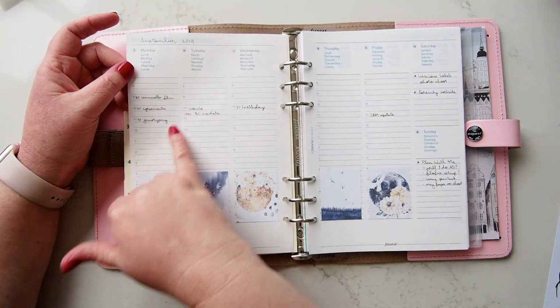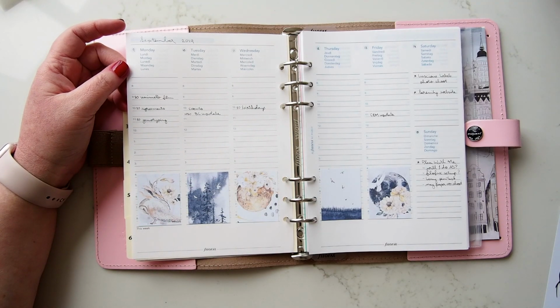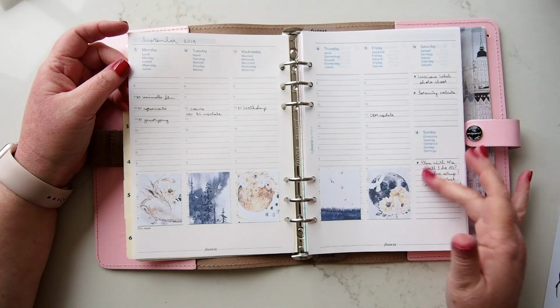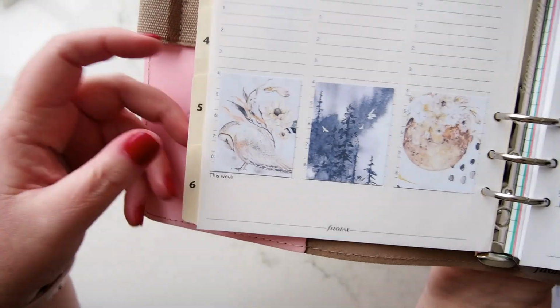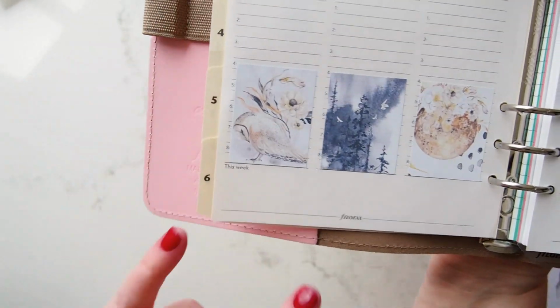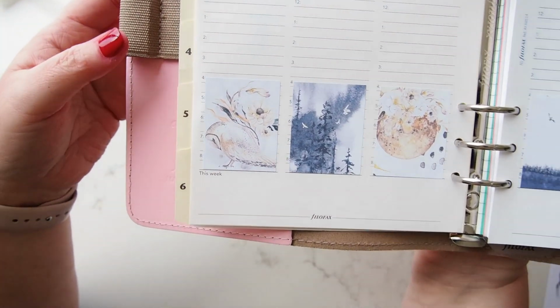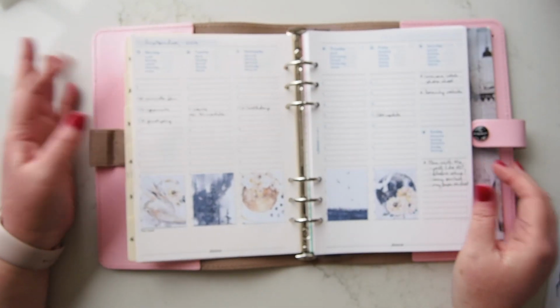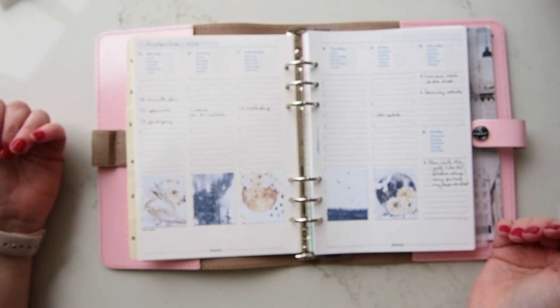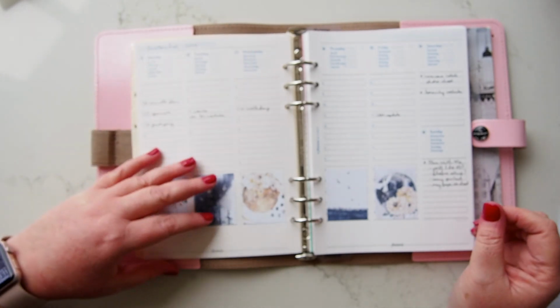I used the times to put my appointments in for the week, and I put in my to-dos on the weekend, and then you can see here for the boxes, they are just a little bit narrower than the space available in the column. So if you wanted to, I guess you could do a proper decoration in here. I don't know, it doesn't really strike me as